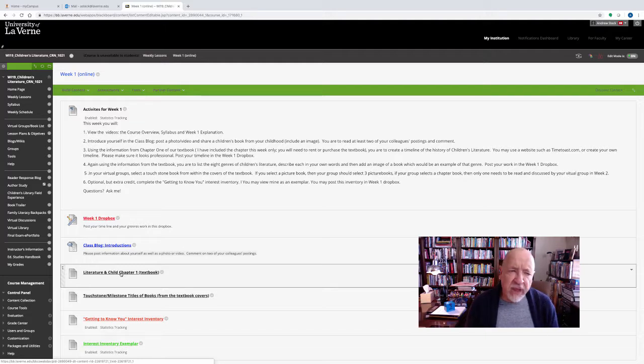Then in your virtual groups, you're going to select a touchstone book from the covers of the textbook, and I have included that as well here, so you don't have to worry about that this week. Now, there are picture books and there are novels or chapter books. If you decide to pick a picture book, your group has to pick 3 picture books. If your group selects a chapter book or a novel, then you only need to purchase 1 and read that,